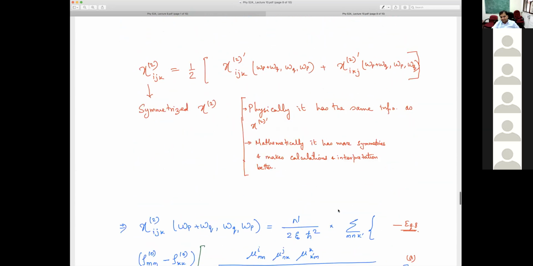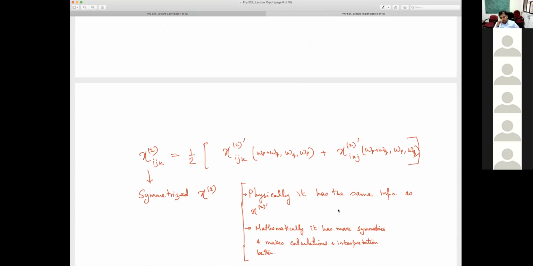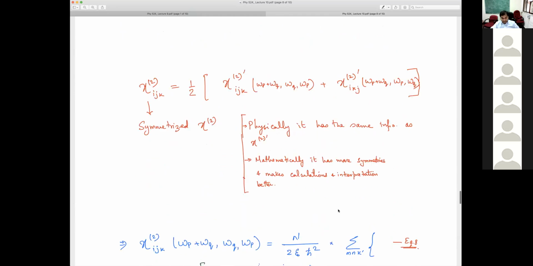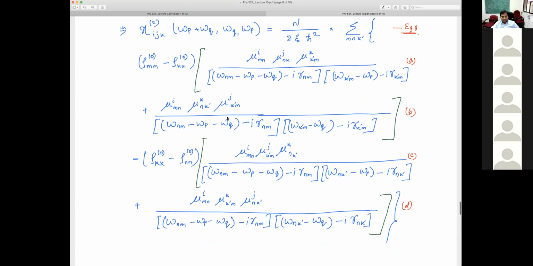And Boyd also has extra discussion, in addition to what we did, about the diagrammatic writing of these terms actually. So how do I write this in the context of diagrams? There are what are called double Feynman diagrams, etc. And you can have a look basically. But yeah, we'll not explicitly do that here. So with that, I'll stop here. And if there are any questions, you can ask me.